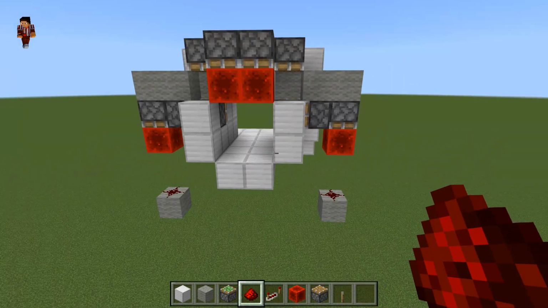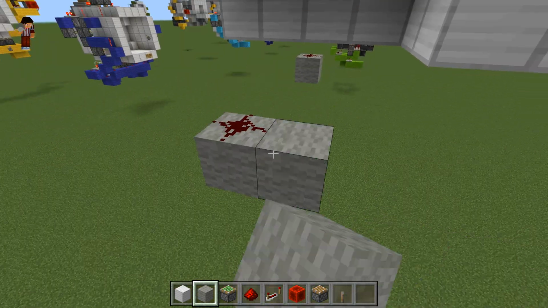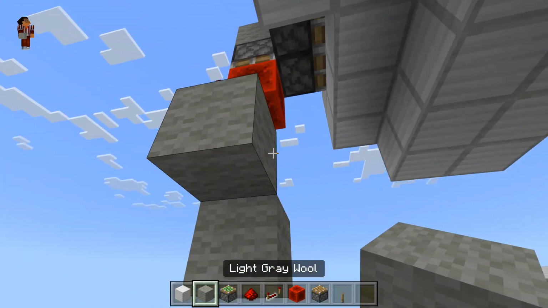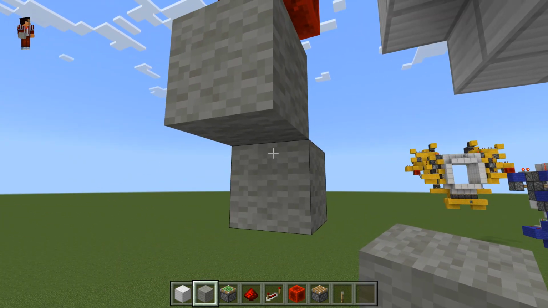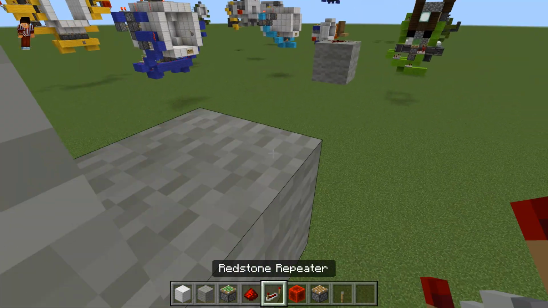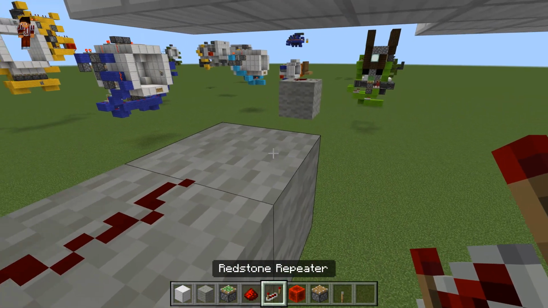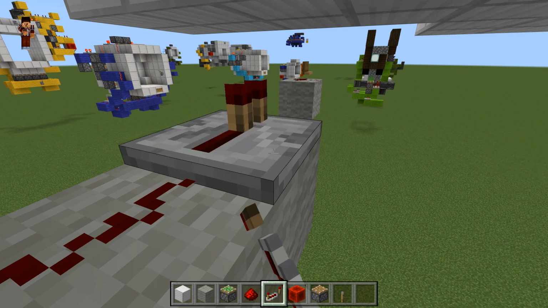Okay, and just depending on which side you're on, I'm going to be on the left side, looking towards the middle, diagonally right and up, with the wool, redstone dust, turn left, looking towards the back, diagonally right and down with a wool, with a 2-tick repeater. Actually, wait, no, redstone dust, then a 2-tick repeater,